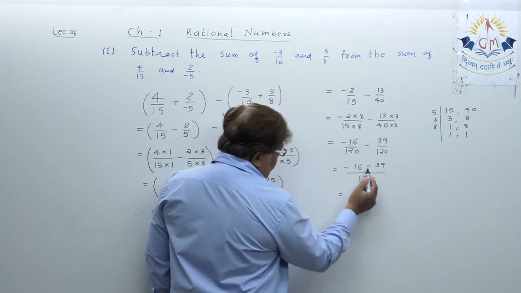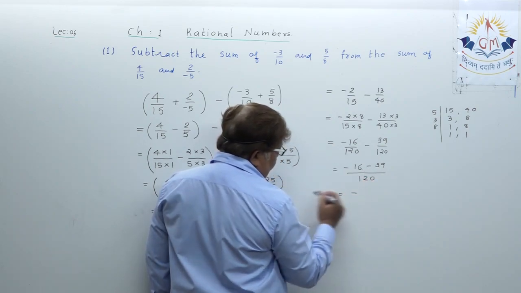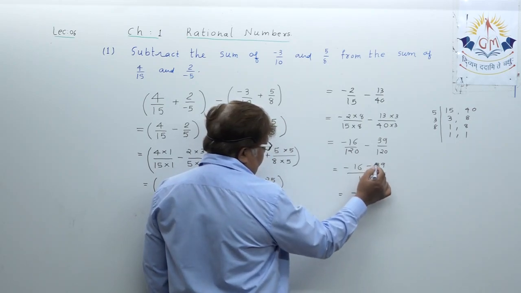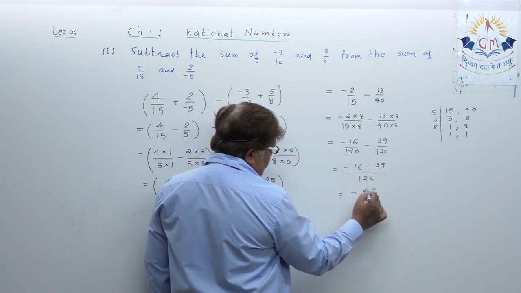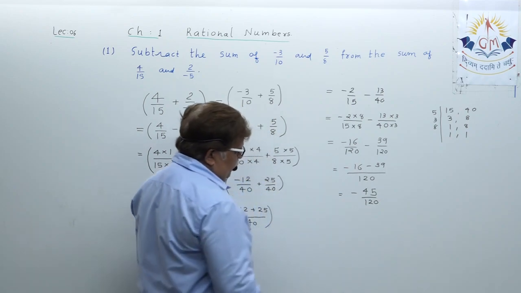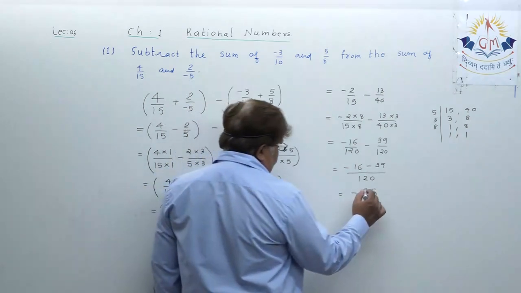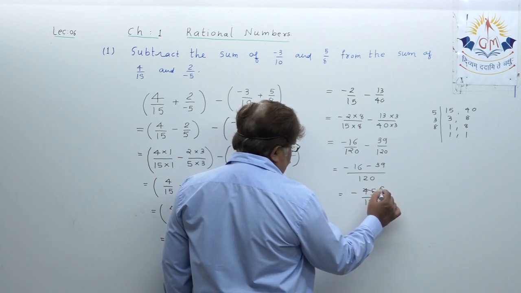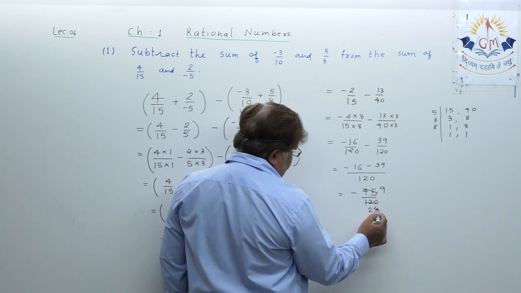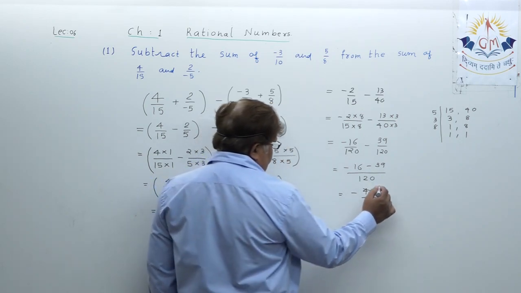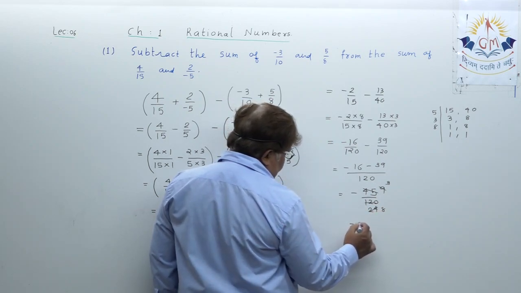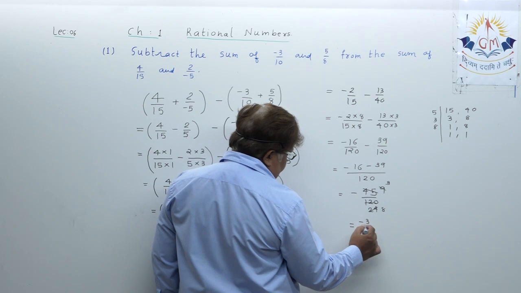Okay, minus minus plus, but the sign of the greater number. 9 plus 6 is 15, 1 carry, 3 plus 1 plus 1 is 5, so 45 upon 120. Further cancellation possible. 5 9s are 45, 5 2s are 10, 5 24s are 120, 3 3s are 9, 3 8s are 24. So your final answer is